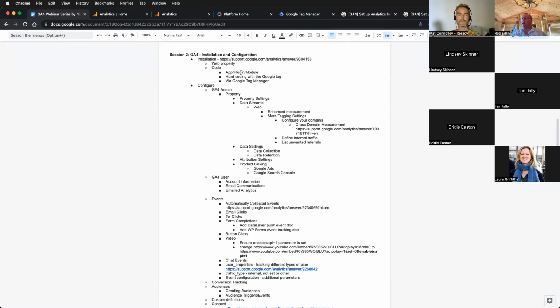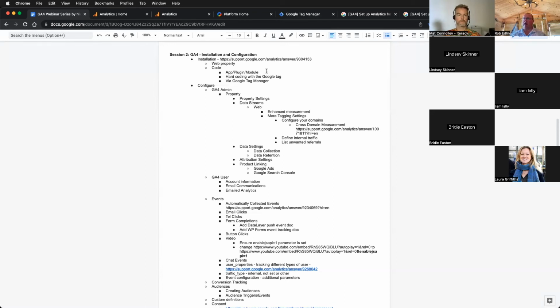everything for you, tracks all the e-commerce events, and that's in place at the moment. But you could also use a Google Tag Manager app to do the same thing. So you've got to choose which way you want to go with it, and much of that depends on the platform that you're on and the developer that you've got. If you've got a good developer, if you are a developer, then you can implement the code yourself, and the documentation is very good on where to put the code and how to install that, and there's reference material at the bottom of this document